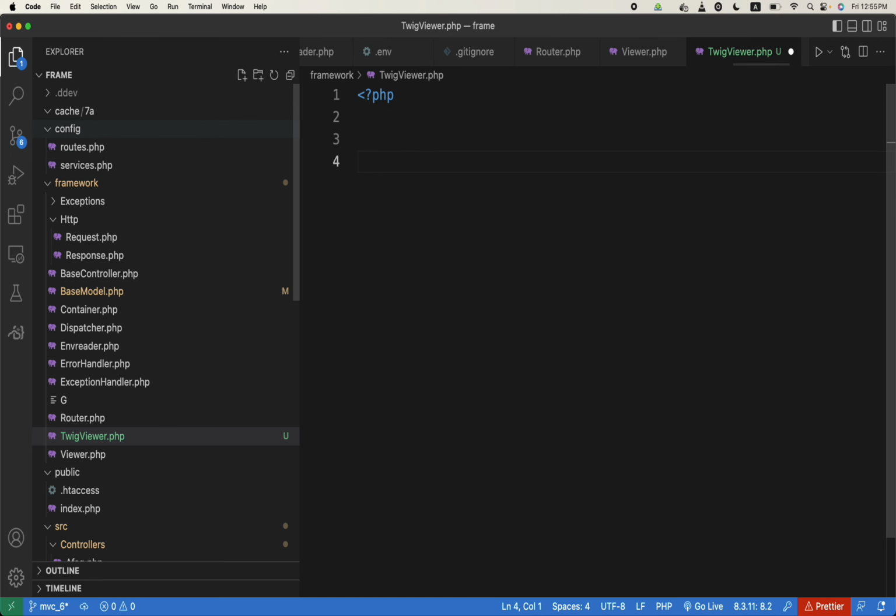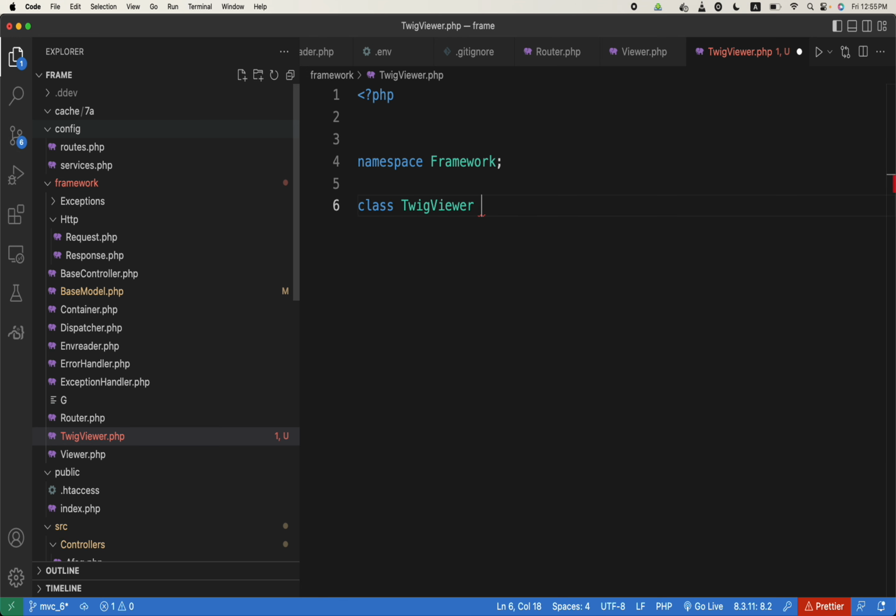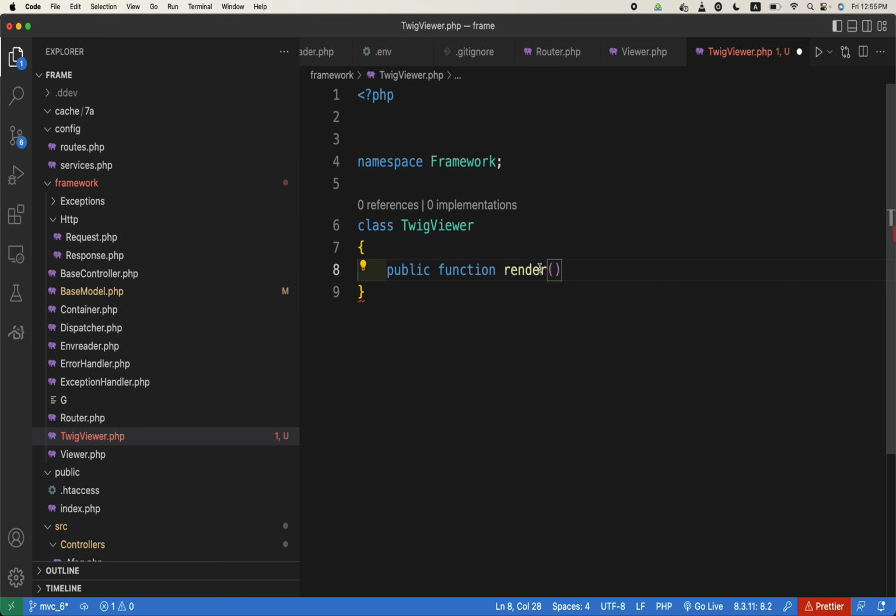This is PHP, and the framework namespace should be framework, class is twig viewer, and here we need to have a render function, public function render, and what should be passed to